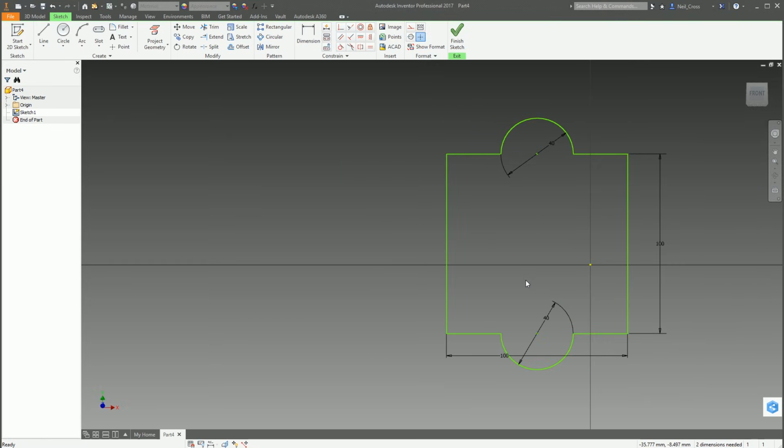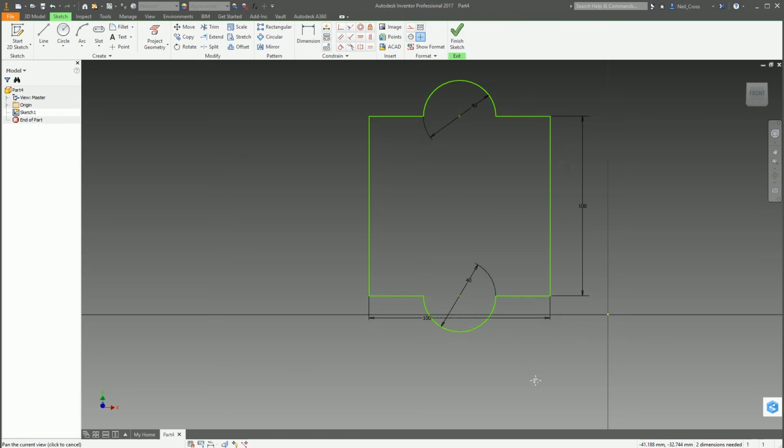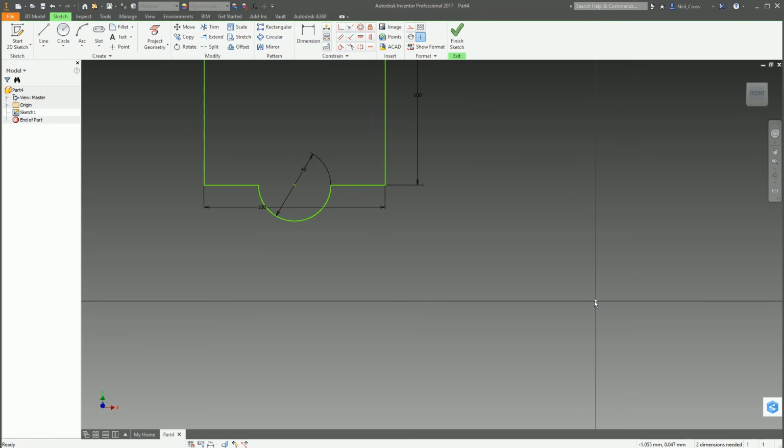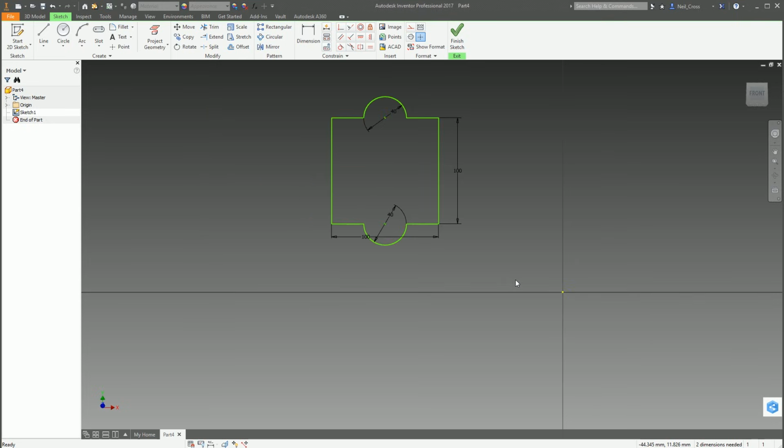A couple of other things to do is to place the objects central onto the sketch. This is just a best practice thing, you don't have to do this. Don't leave your sketch just floating somewhere up here. You see this little yellow dot here? That is the center of the model. Think of your bedroom, your front room, the absolute central point between all the walls and the floor and the ceiling. That is the dead center of your living room or bedroom. That yellow point there is dead center of the 3D model, in model space, if you like.